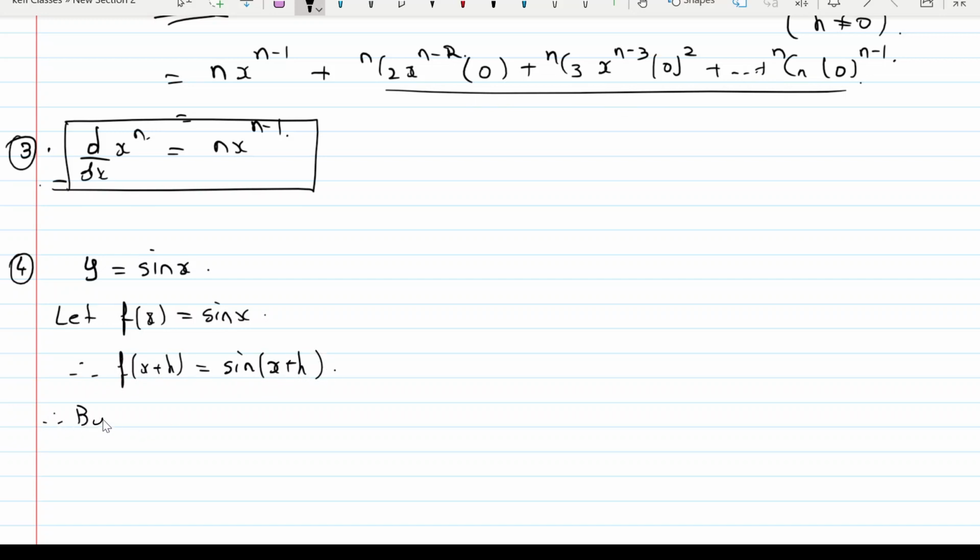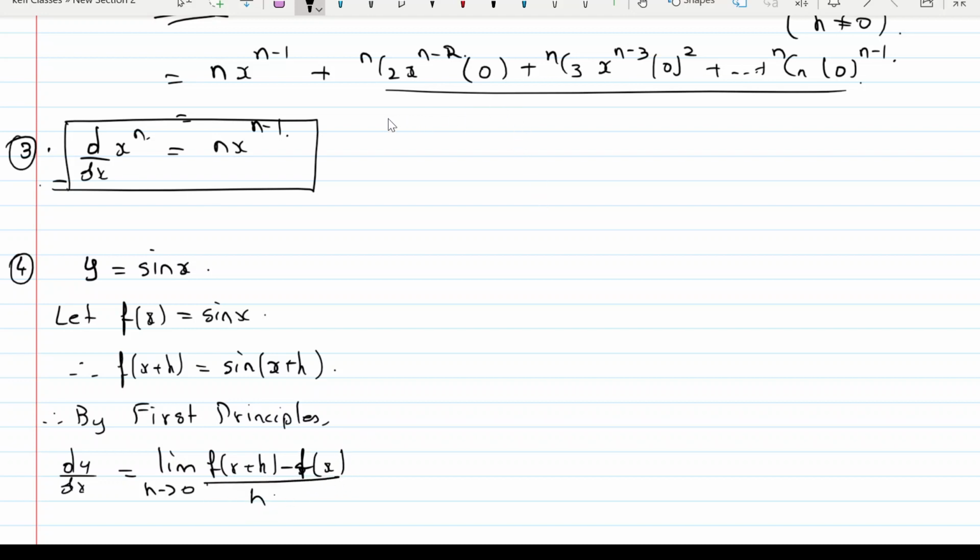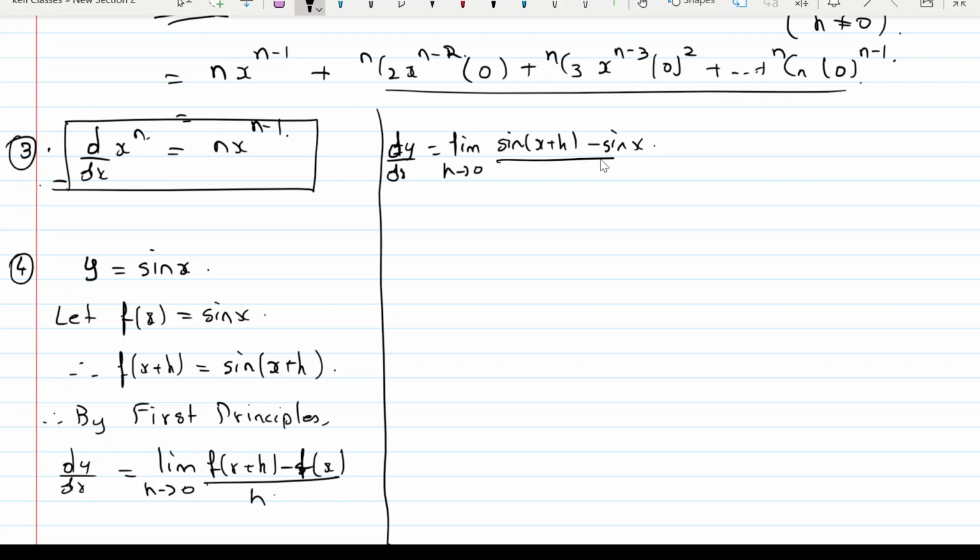And so therefore by first principles, you will have dy by dx is equal to limit as h tends to 0 f of x plus h minus f of x divided by h, which is equal to limit as h tends to 0 sine of x plus h minus sine x divided by h, which is equal to, we can expand it or you can use